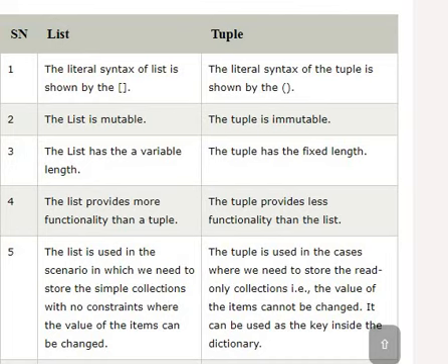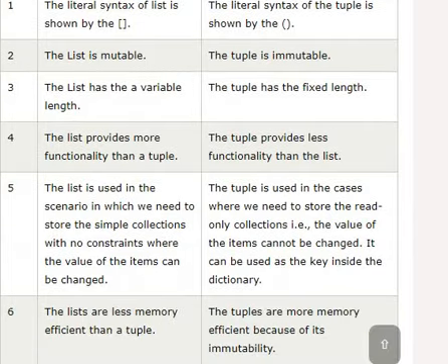Wherever you want to store simple collections with no constraints, and where you want to make changes to the items, always go with a list. We use a tuple whenever you want read-only collections, meaning we don't want to make any changes to the data. In those occasions we use a tuple. Lists are also less memory efficient when compared with tuples.